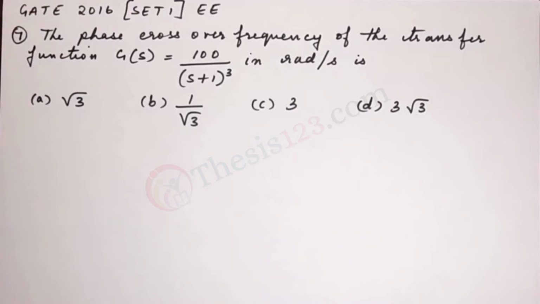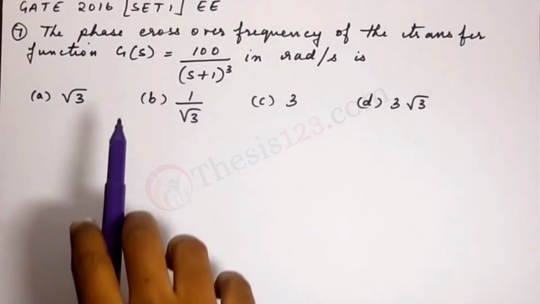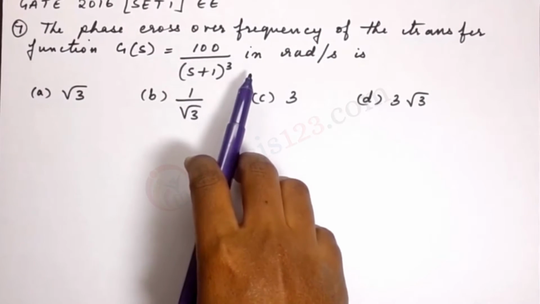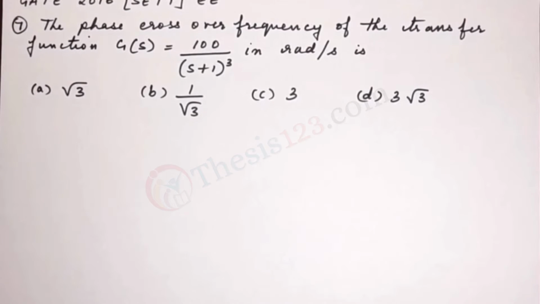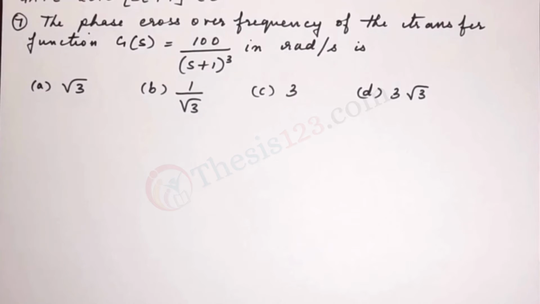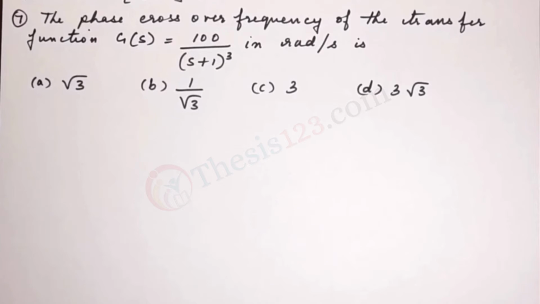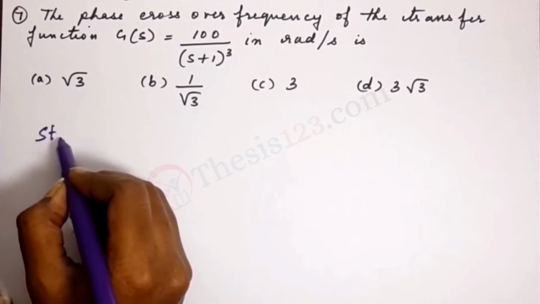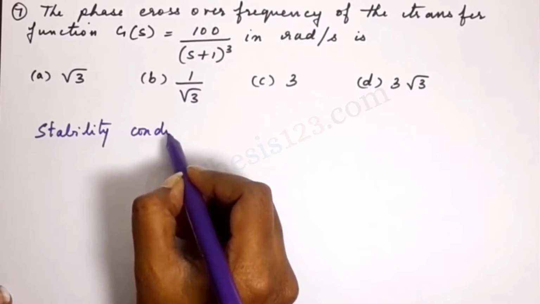Here's the 7th question. The phase crossover frequency of the transfer function given, g of s is equal to 100 over (s plus 1) cubed, in radians per second, is one of the 4 choices. Okay, so in order to do this, we need to find out first what in general is the stability condition equation. So that can be considered as a formula. Okay, so stability condition